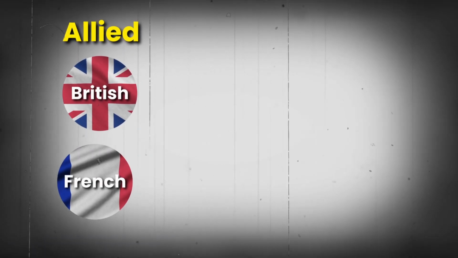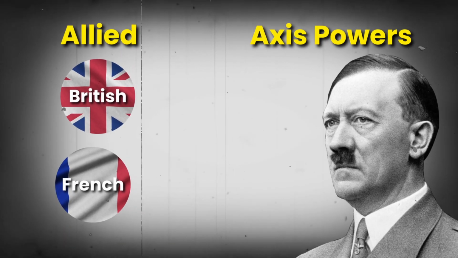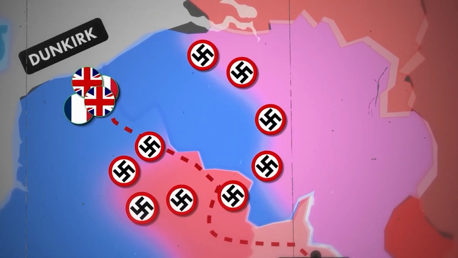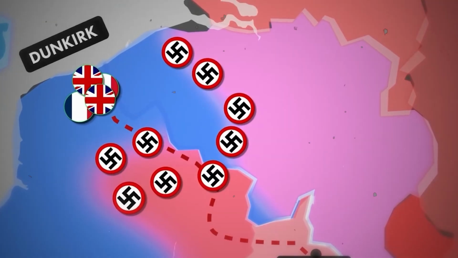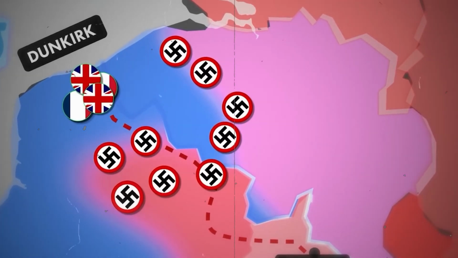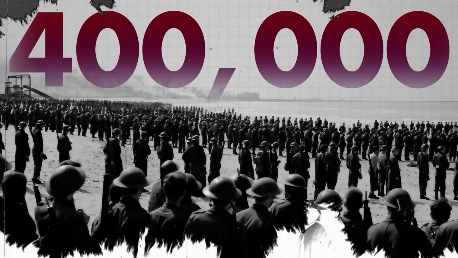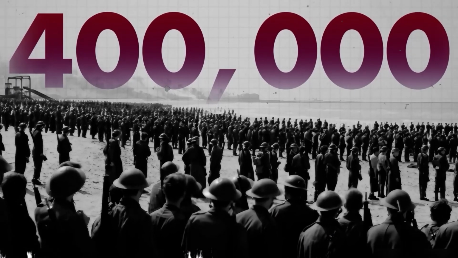When using the term Allied, it refers to the British and French armies. The countries fighting Hitler formed a coalition known as the Allies, while the countries fighting in support of Hitler were known as the Axis powers. It was crucial to save the Allied soldiers in time because the Nazi army was moving towards them at great speeds. They had no other way of escape. They could evacuate only through the sea. If this couldn't be done in time, 400,000 troops could be killed there. It would have been a huge setback for Britain and France, and they might have lost their countries forever.